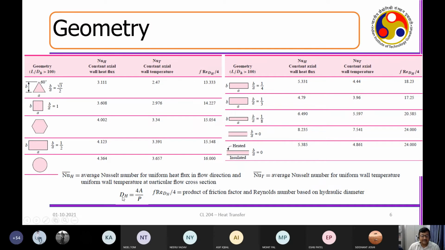And then, if you have non-circular geometries, you have a concept called the hydraulic diameter. So what is the hydraulic diameter? Hydraulic diameter is the flow area divided by the wetted perimeter. This is what is called the hydraulic diameter. Flow area means, suppose